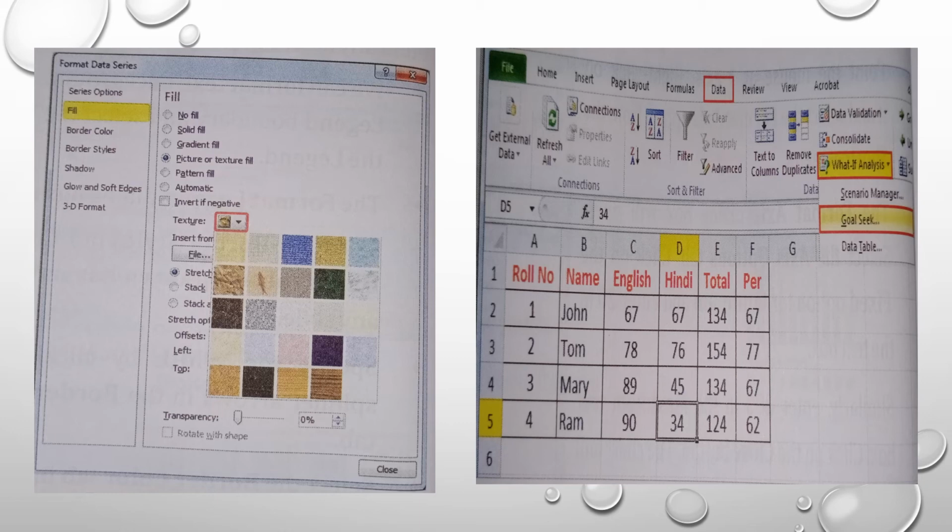The address will appear in the By Changing Cell text box. Click on the OK button. The Goal Seek Status dialog box appears on the screen displaying the target value 150 and current value 150. Click OK. Observe the changes in cell D5. The number will change according to the percentage you have defined.